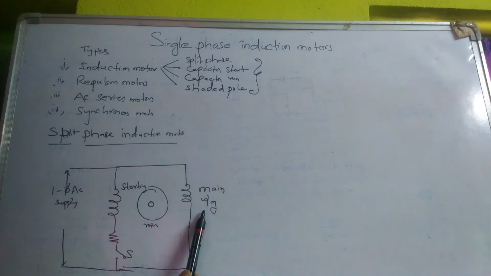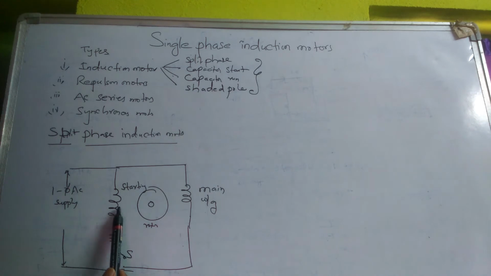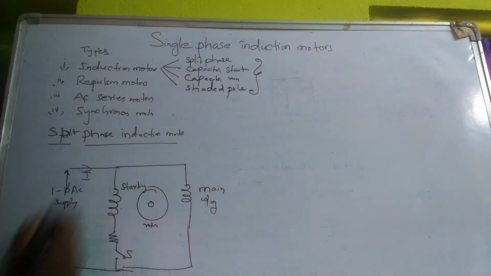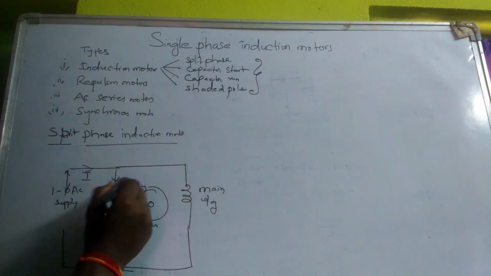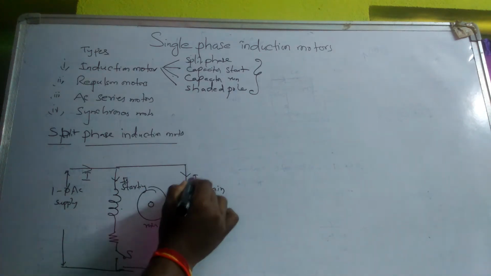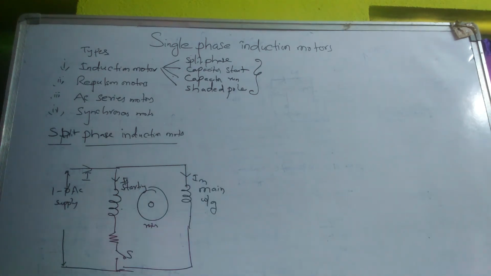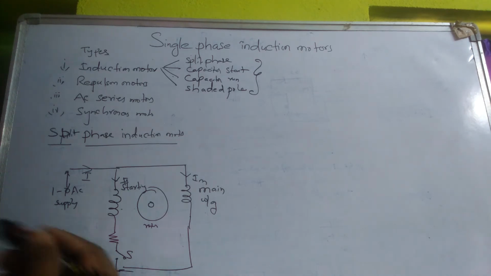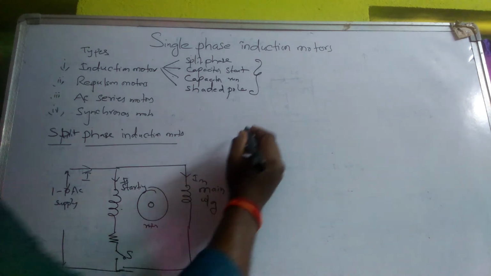The main winding has more inductive reactance, and the starting winding has less inductive reactance and more resistance. So the current in the stator divides, some into the starting winding and some into the main winding. The total current I is equal to Is plus Im. Im is the current through the main winding, and Is is the current through the starting winding or auxiliary winding. This winding is provided for the starting purpose. In order to convert the alternating flux into rotating flux, the stator is split up into